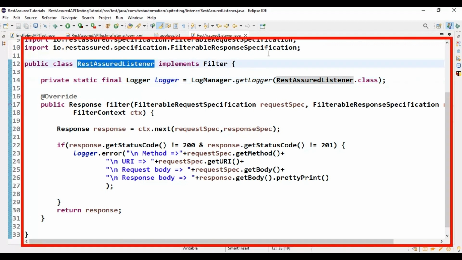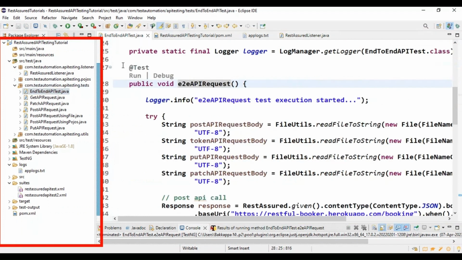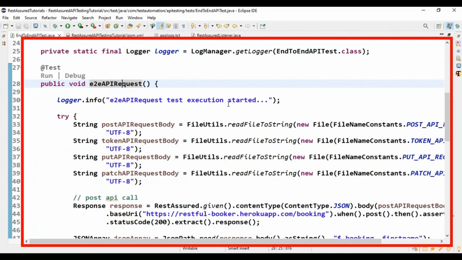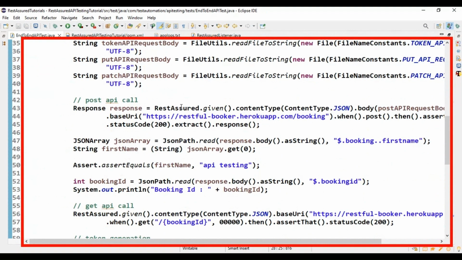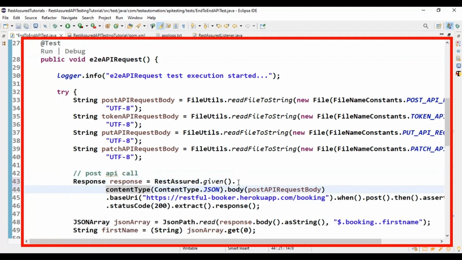So here I will go to our end-to-end API test, and that's all about the implementation. Now we are using the RestAssuredListener Java class in the API request. So here you can come to the API details where you have called the APIs. First, here we are making the post API call. So after the given, simply here we can call the